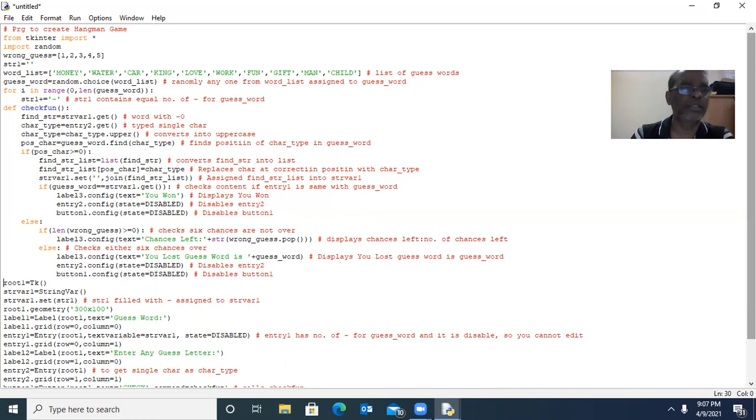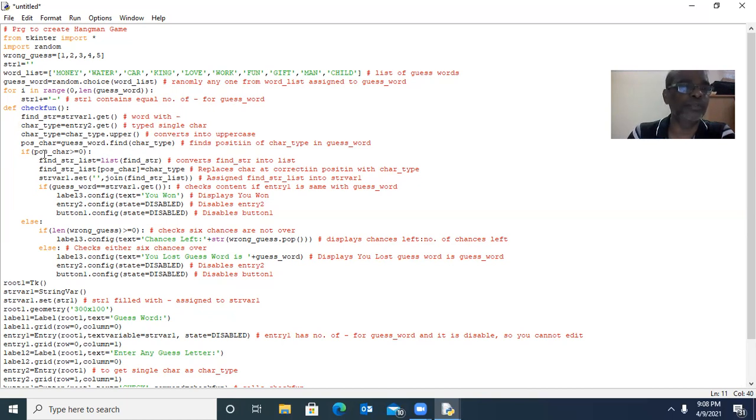Good. Check when I click, then find str, get it stored with number of hyphen, add with hyphen. Then char type, entry 2 dot get is assigned with the char type, that is whatever character you type in entry 2. The char type is converted into uppercase. We are finding the position of char type in the guess word.